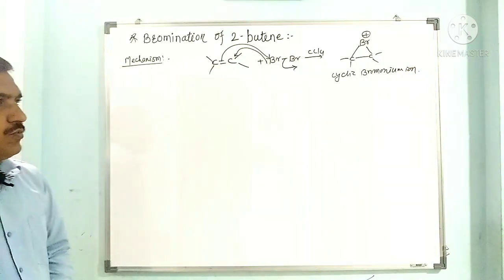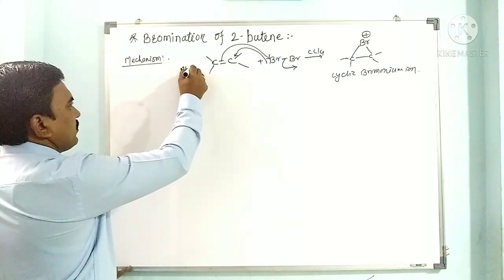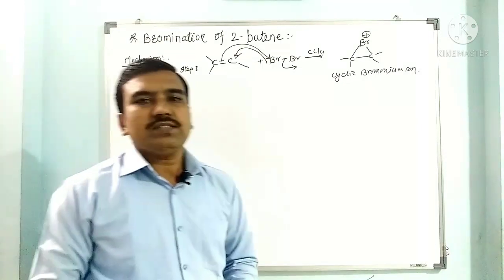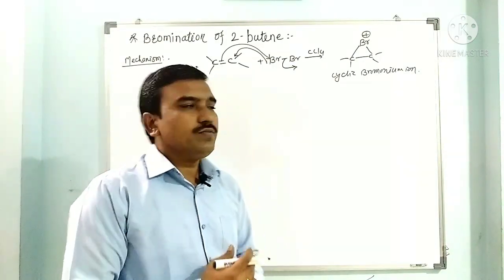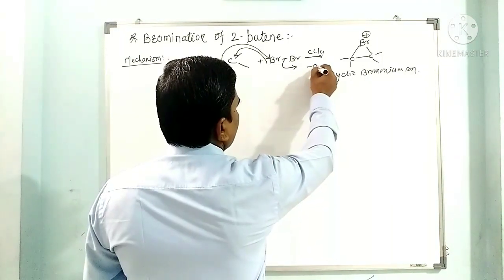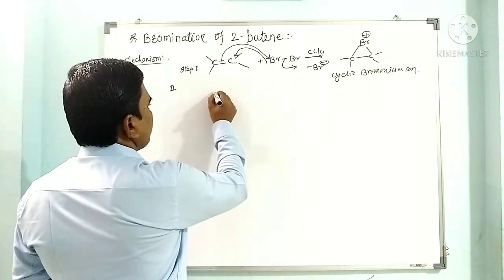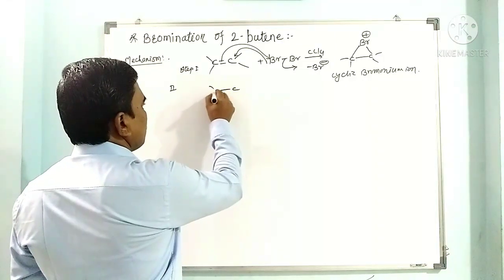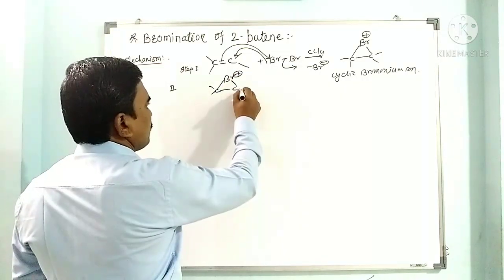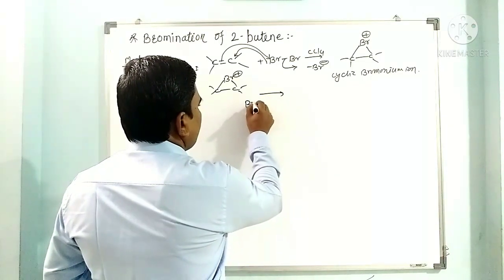Now the step 1 is formation of the cyclic bromonium. Here this is step 1, and in step 2 this bromonium gets cleaved by the attack of another bromide ion. So this bromide is detached, so minus bromide. Now this bromide combines with the bromonium in this step 2. So here this C-C, this Br, so this is the bromonium. Now when this bromide attacks on this bromonium ion,